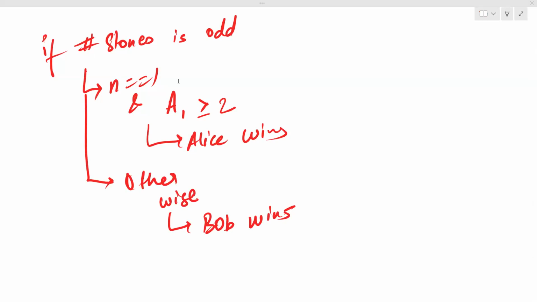Is anyone having any doubt in this part? If the number of stones were odd, how have I derived these two cases? Yes, no. Yes, if n is 1, Bob can't make a move, but Alice also won't be able to make a move